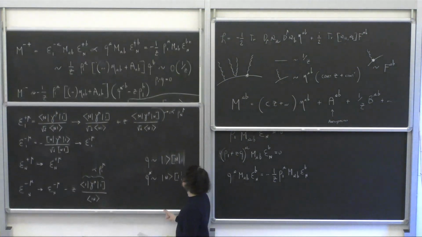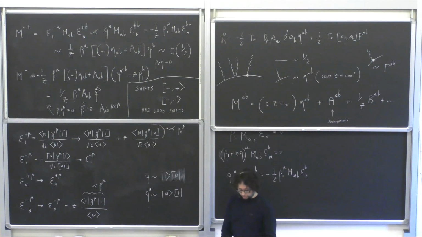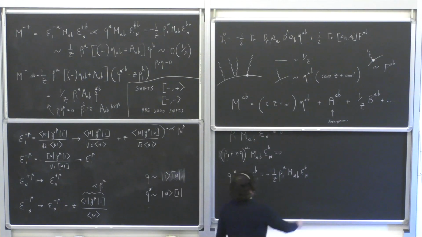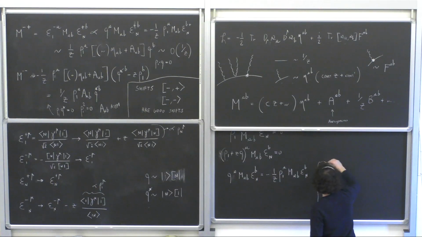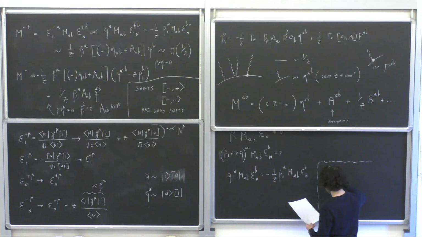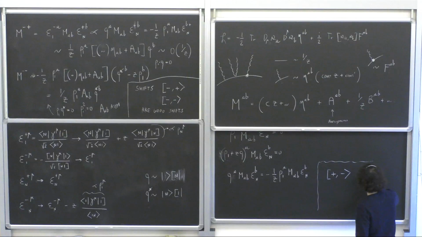Good shift meaning that the pole at infinity is absent. So you just get a recursive contribution which comes from the poles in which intermediate channels go on shell. Another fact which I would like to note is that not all shifts are good shifts, obviously. So if you consider this shift and you repeat the same calculation, you would find that this is not a good shift.